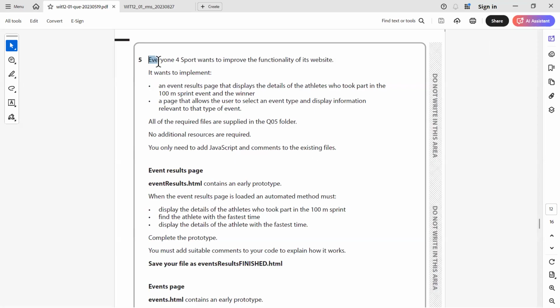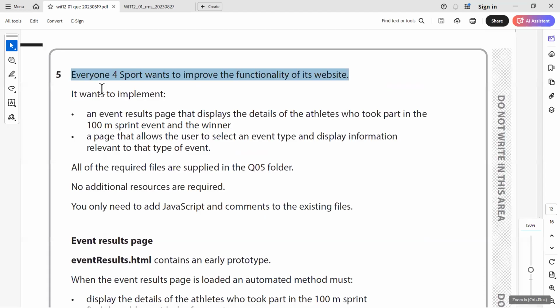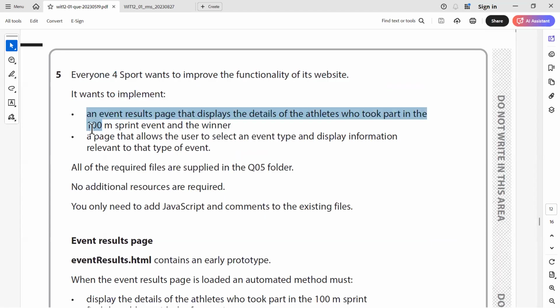Okay, moving on to question number 5. This is to do with JavaScript. Over here, they say Everyone for Sport wants to improve the functionality of its website. It wants to implement, and it says there are two things that it wants to implement. So an events results page that displays the details of the athletes who took part in the